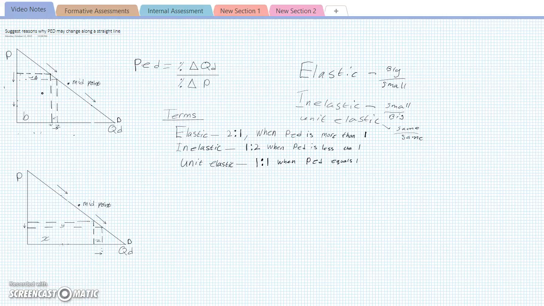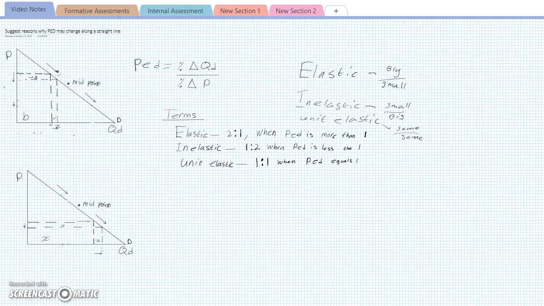The reason why PED may change along the demand curve, or along the straight line, is because the percentage change here is much smaller than the percentage change here. So what I mean by that is we also link the two with